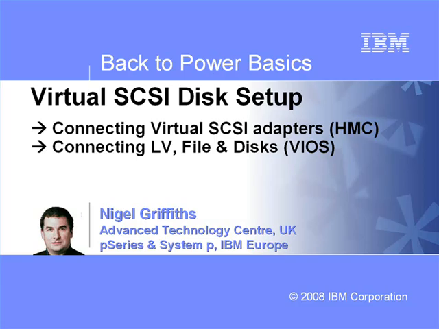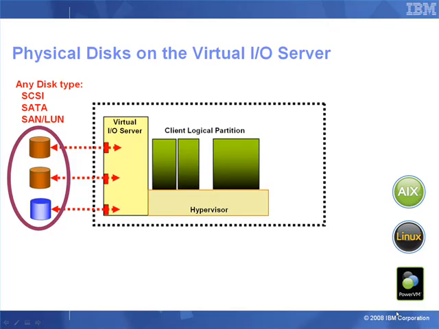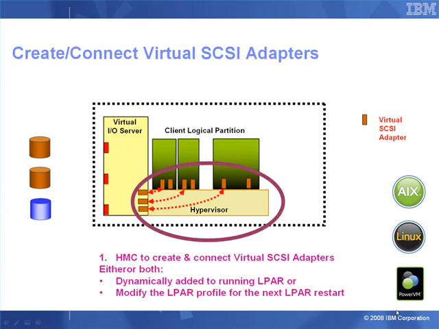Before we start, let's note that it doesn't matter what sort of disks we're talking about, or if they're internal or external disks. Once they're connected to the virtual I/O server, they will appear as an hdisk. First, we have to connect the adapters to both the logical partitions and the virtual I/O server. This can be done dynamically with the logical partitions running. They will be lost if you have to restart the logical partitions, so you also need to modify the profile